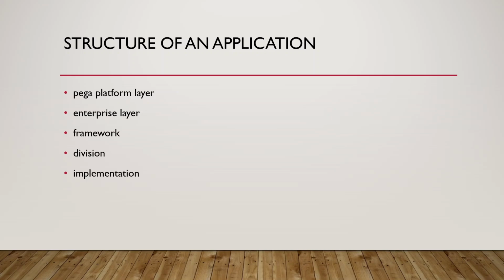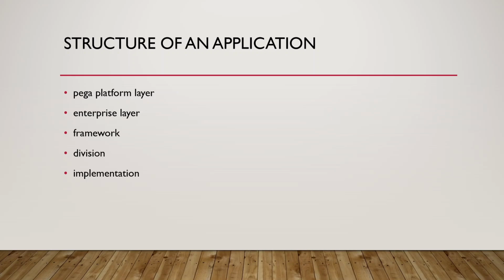Then the enterprise layer is the thing that is common for all the applications. It can be Amazon Music, Amazon India, Amazon Prime, or Amazon Books. For all the different implementation applications, whatever is common will be placed in the enterprise layer. The framework is also the same. Each and every application that you build, like Amazon Music, we call it Amazon, which comes in one framework. Then